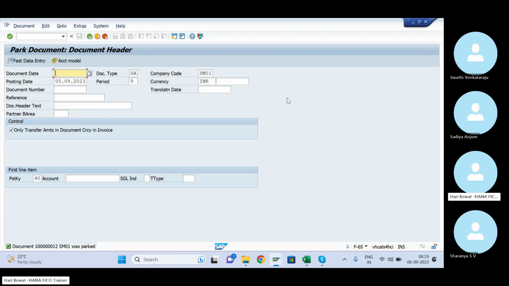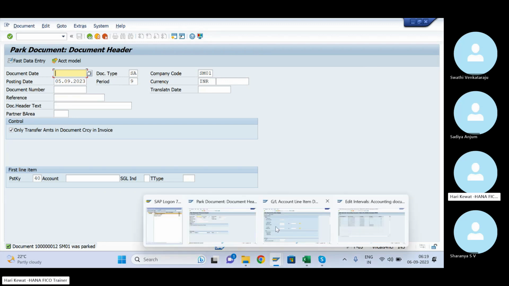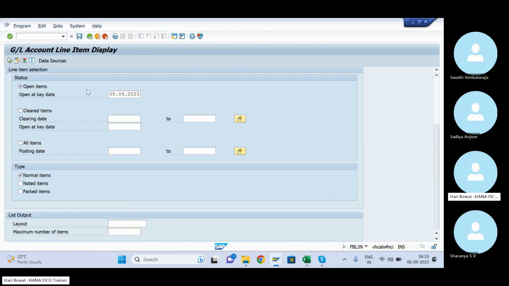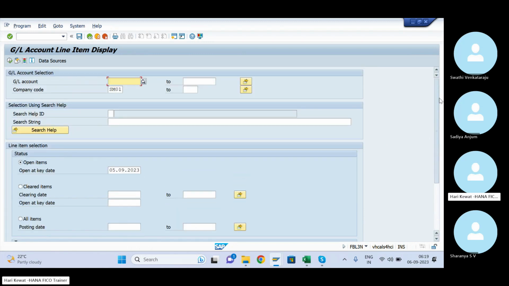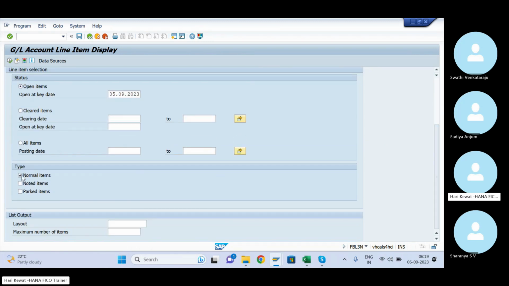One thing I would have shown you, let me show now. If you want to view all the parked line items, then you have to select this one. If any accounting entry got generated, that will appear here in the normal items. If an accounting entry is not generated, then it will appear as noted item and parked item.